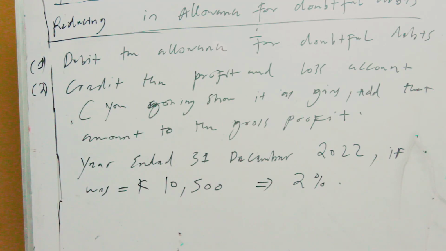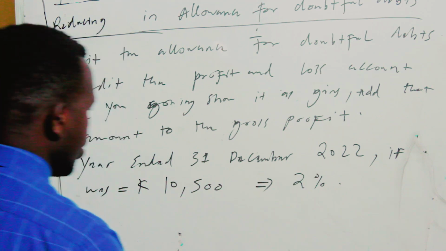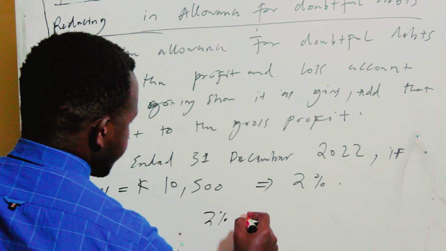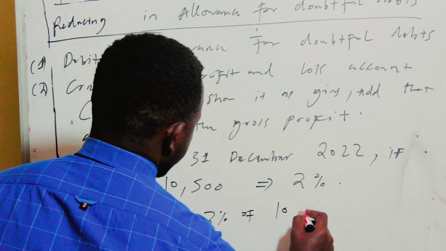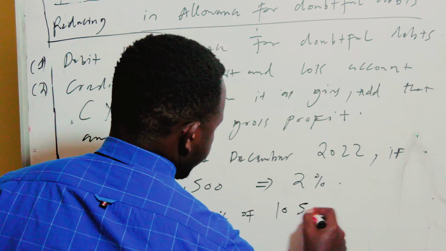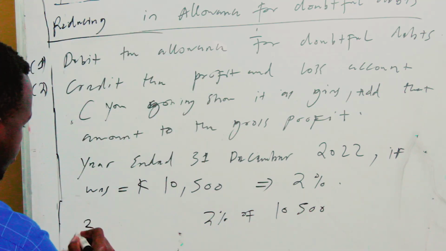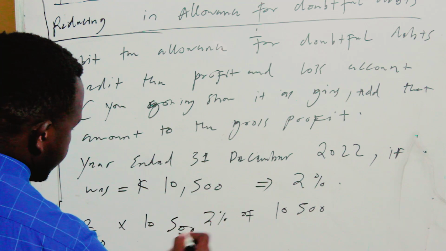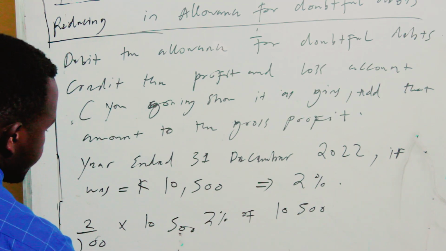So what figure for allowance of doubtful debts are we going to have for the year 2022? So to do that, we're going to say 2% of 10,500. So we can just say 2 over 100 multiplied by 10,500. So we are going to have